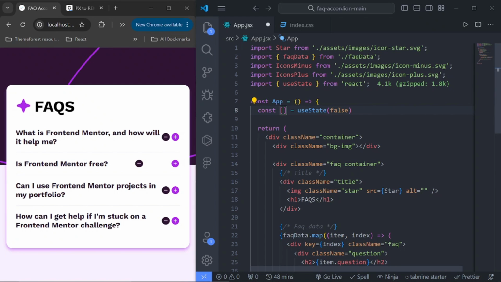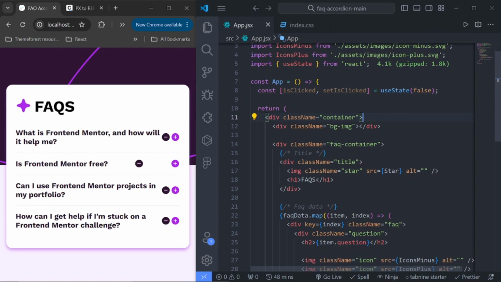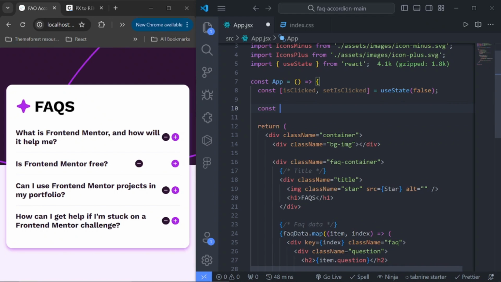And inside this, we will have two variables. The first one will be to check if something is clicked, in our own case, while this other one is the function to actually update this. So we say isClicked and setIsClicked. This is normally the naming convention. And we also need to create a function called toggleFAQ,